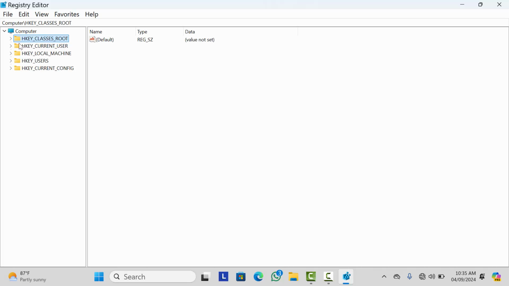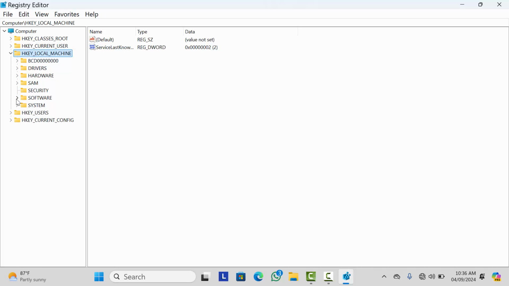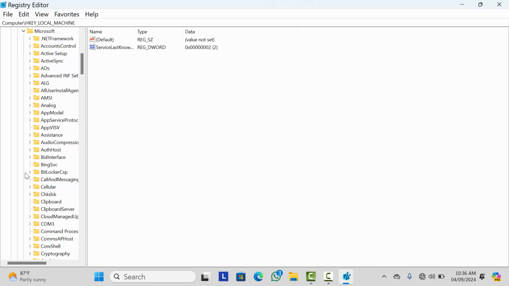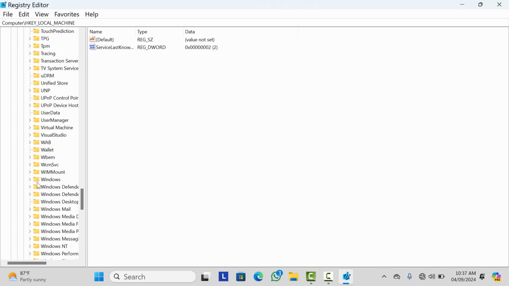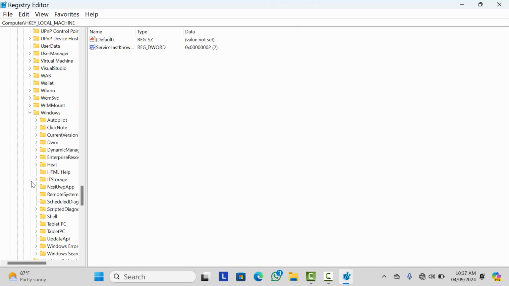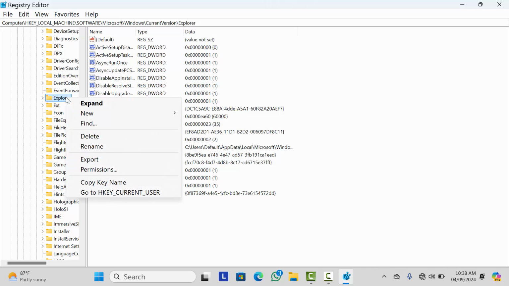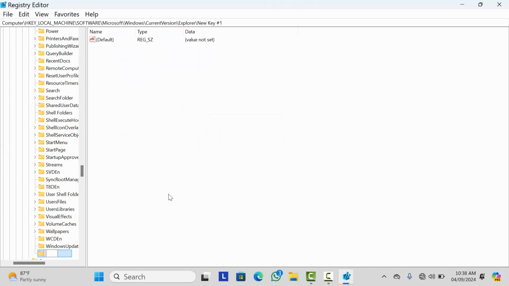After opening this Registry Editor, click on HKEY_LOCAL_MACHINE. Then from here go to the Software option, then go to Microsoft, then scroll down until you find the Windows option. After you find it, expand this option, then click on CurrentVersion. Finally select Explorer and right click on it, then go to New and click on Key, then type here capital